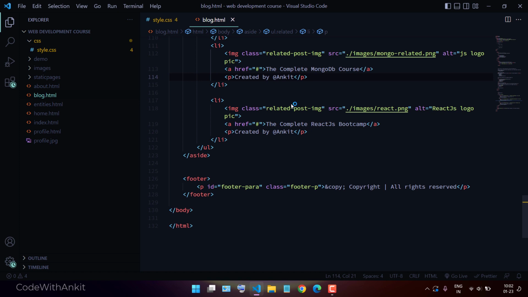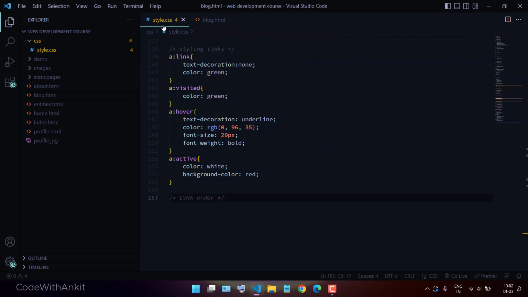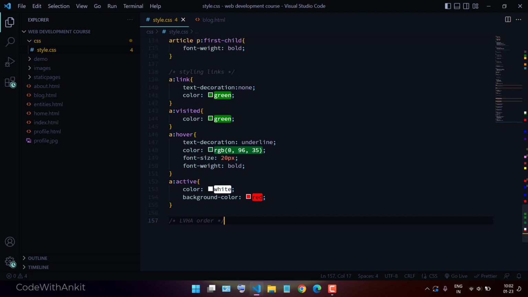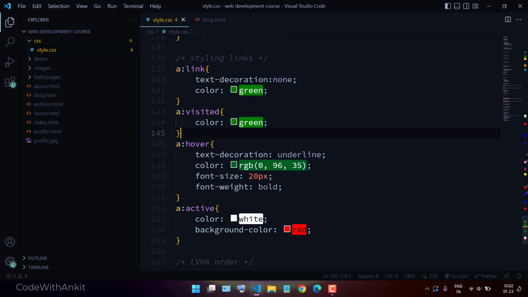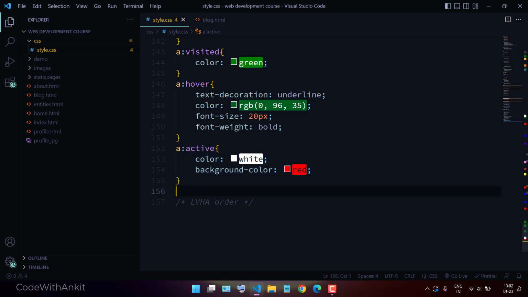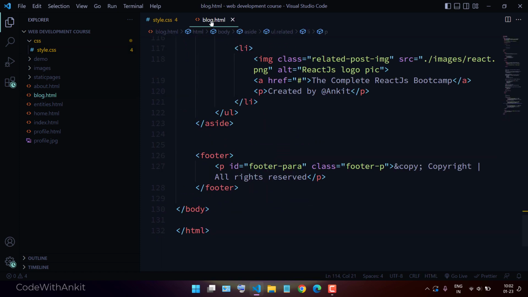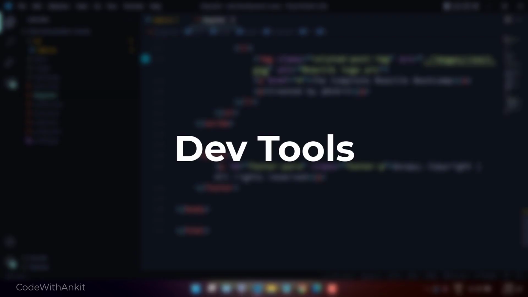And in the last video of this playlist we talked about how to style links in CSS. How can you style the links in CSS? I hope you remember this LVHA order, right? It means you should apply the link first, then the visited pseudo class, then the hover pseudo class, and the active pseudo class, right? Now in this tutorial, we are going to learn how to use